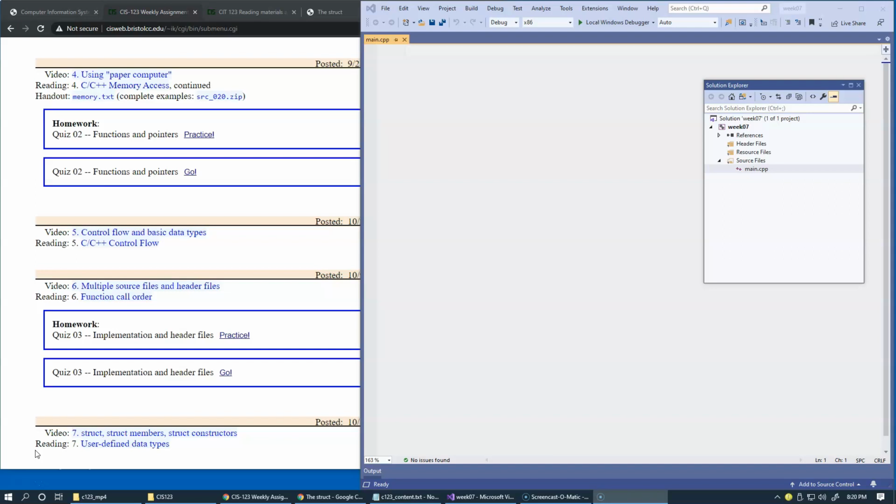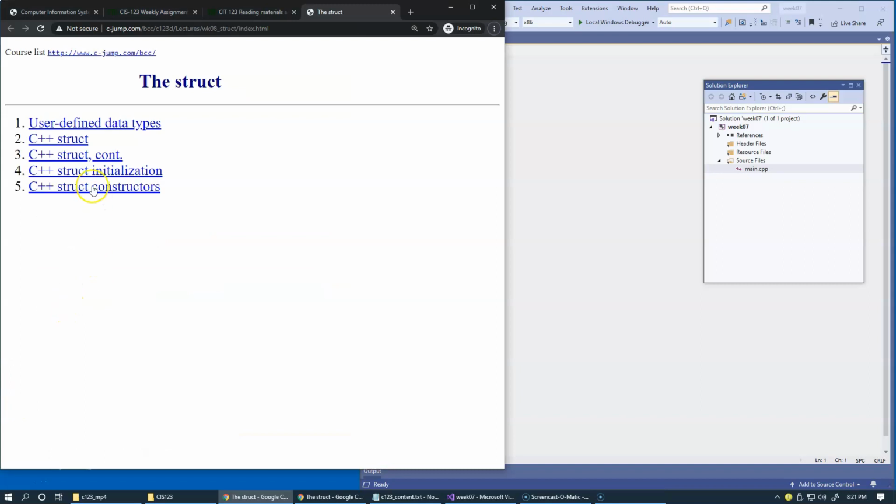may include integer month, integer day, integer year, or, for example, a rectangle object which encapsulates its width and height as a geometrical primitive. So there could be other numerical data types that we can use. And so these are generally referred to as user-defined data types. So this is right here in our handout,